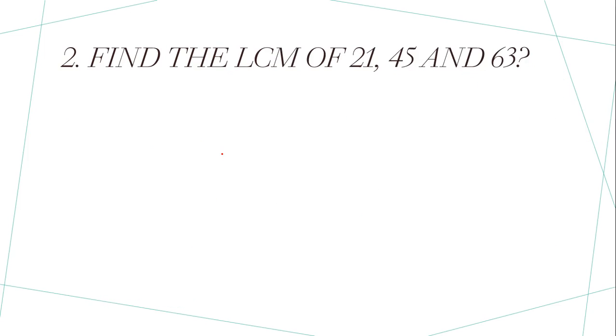Let's go to the next question, which is LCM now. As I explained, LCM is the lowest common multiple. And how do we do that? Well, we write all of these 3 numbers and put them like this. I'll show you. 21, 45,